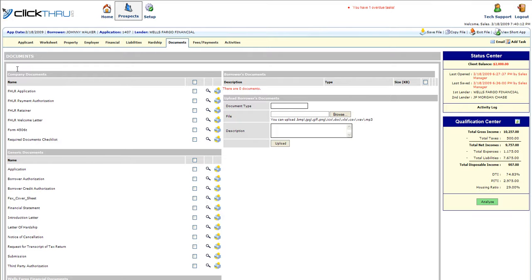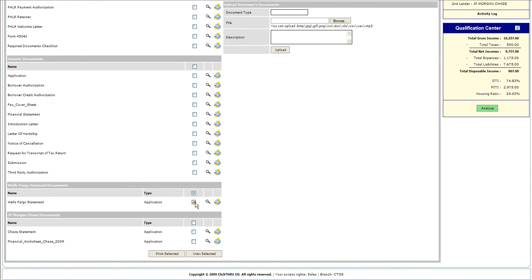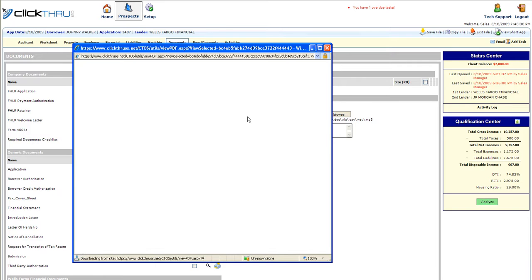You'll have access to documents, whatever company documents you have here, as well as any type of applications or generic documents that the system has, as well as investor-specific documentation. You can simply click a button and view selected in order to generate a specific contract. It might take a while for you to PDF everything together. Once PDF together,